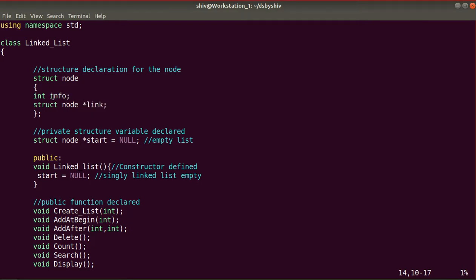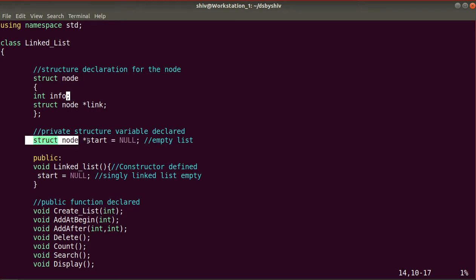The info part will contain the data which is of type integer, and the pointer link will contain the address of the next node, which will be of type struct node. Now here we will take start, which is of type struct node, and we will initialize it to null.